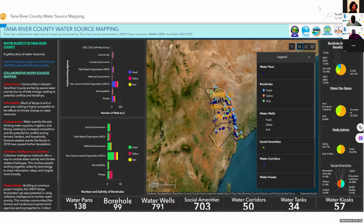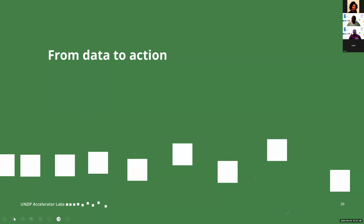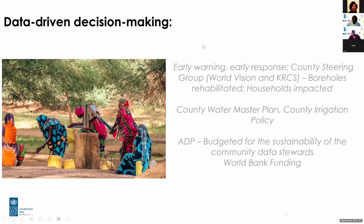Thank you very much, Vincent, for that elaborate description of the output. So without further delay, I want to move on to the next presenter. Data is only as good as its use. So how has this data that we've collected been used? Engineer Mumba from the county water director will give us a brief overview of how they've managed to use this data so far. Over to you, Engineer Mumba. Thank you so much,